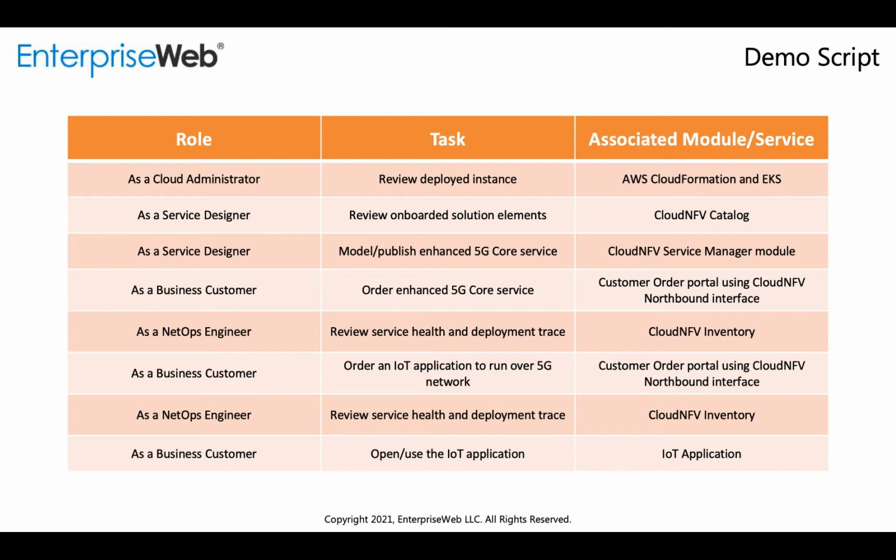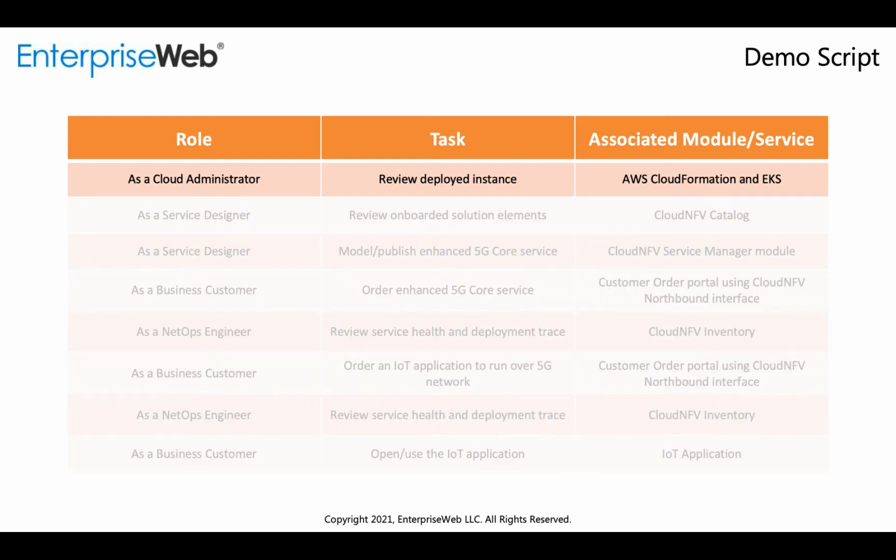I'll come back to this slide between every transition so that you always know who it is I'm playing the role of and what it is that I'm doing. We're going to begin with looking at the system as a cloud administrator, someone who's ordered an EnterpriseWeb instance out of the AWS marketplace, and we're going to take a look at what's already been deployed